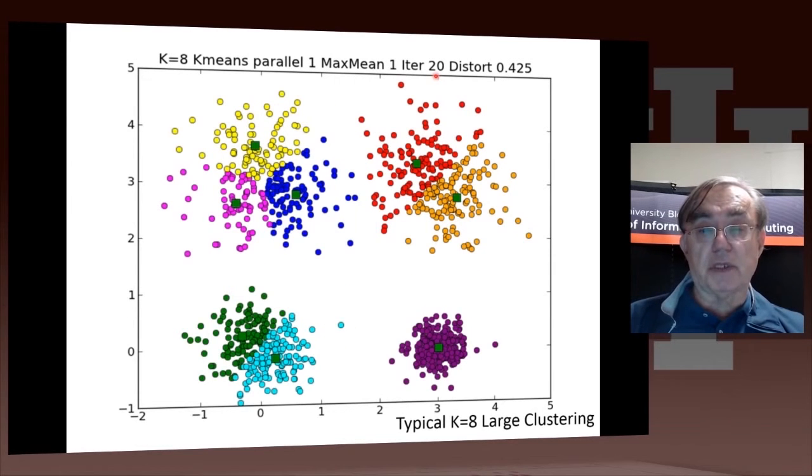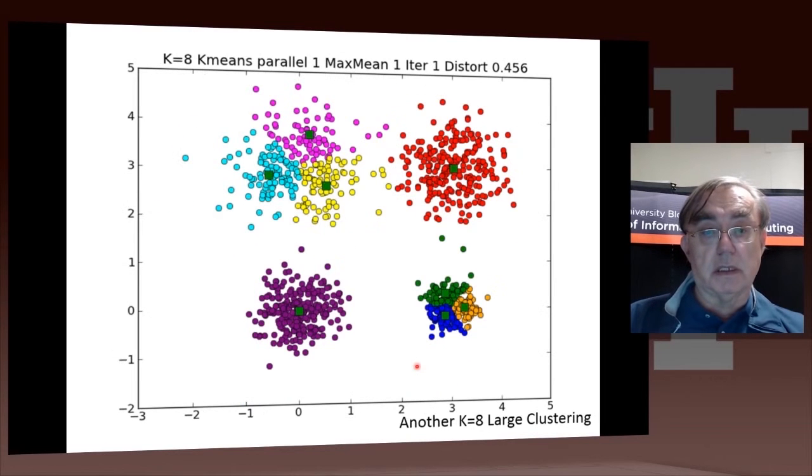Now we have k equals 8, an even more extreme case. And here we did 20 iterations. This compact cluster here is just 1. This medium-sized one here is 2. This medium-sized one is 3. I think this is the largest one. It is also 3. So we have 3, 2, 2, 1 is how we do the k equals 8 for the large clusters. Here is another case,